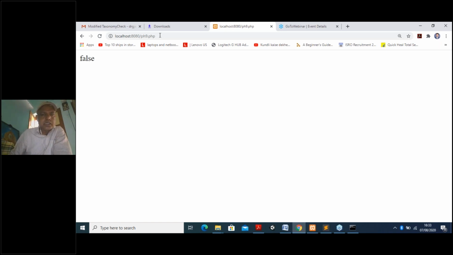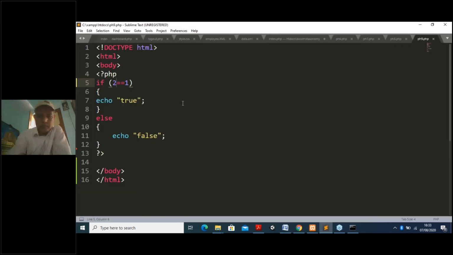In the first case, 1 is equal to 1, so it is telling true. But second, I have given if 2 equal to 1, and 2 is not equal to 1, so it will not show true. It will show false. It has shown false. Clear? So like this, you can go on modifying. Okay, I roll back to my previous one. I put it to 1 equal to 1, Control S. So this was my program for the if and else.